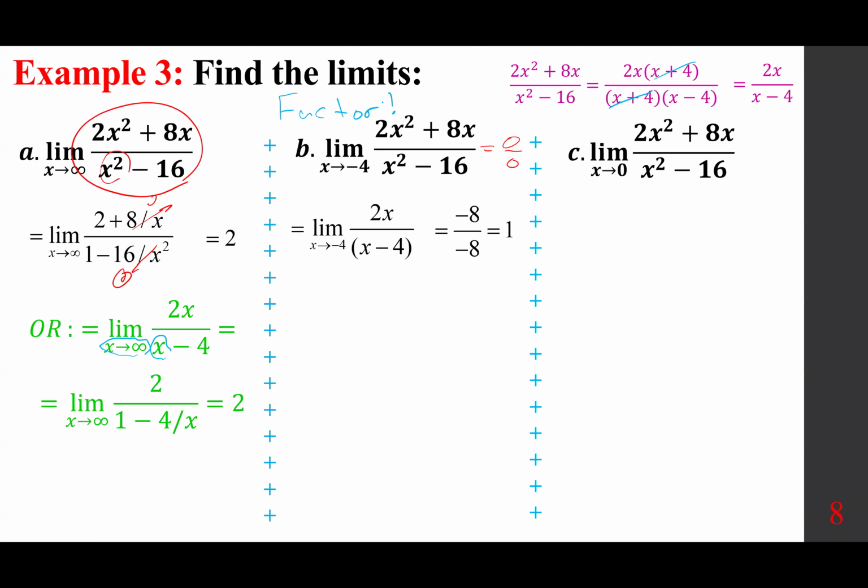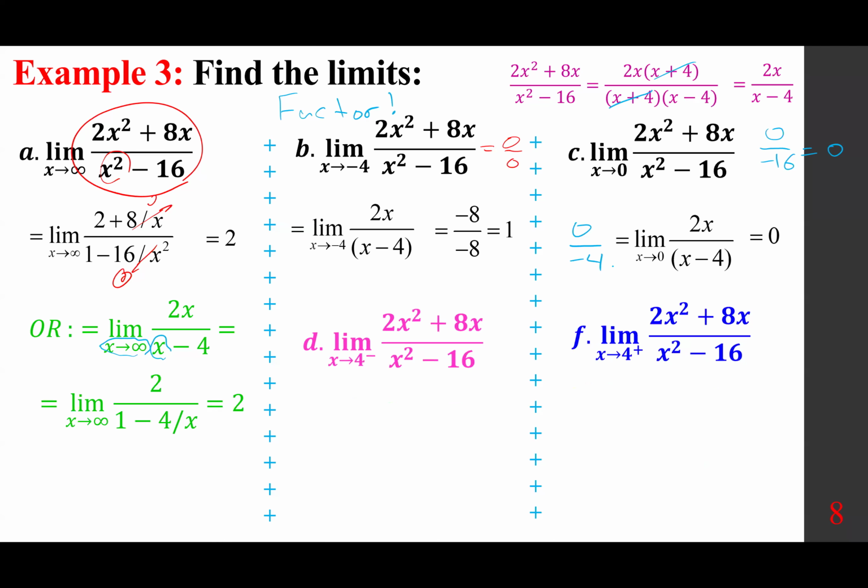What about this one? Actually, if you plug in, I hope you see that you get 0 over minus 16, which is 0. But if you work with the factored format, you get 0 over minus 4, and it gives you 0. And in this case, it really doesn't make much of a difference, everybody. I want to look at these two cases side by side, because if we work with the factored format,